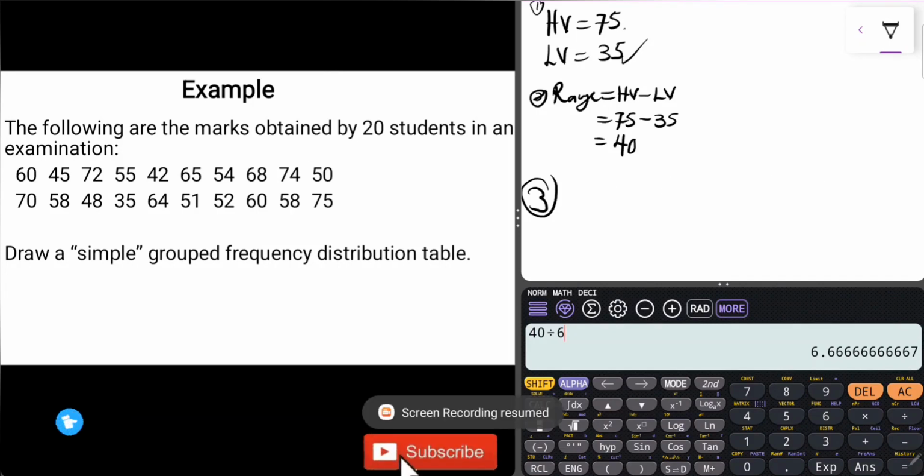So after getting your range, which is the highest value minus the lowest value, the next step is to calculate your desired number of classes in this case. And how do you do that? We calculate that by using Sturges' rule, which says that